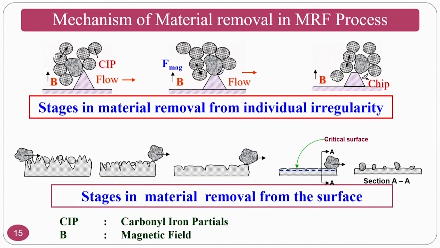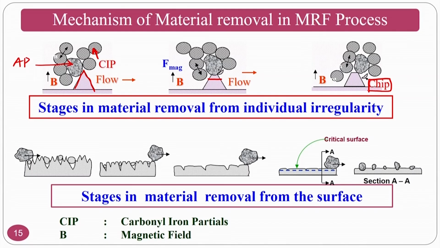You can see the mechanism of material removal in the MRF process, where this is the surface peak, this is the abrasive particle, and this is a CIP particle. These CIP particles form a chain, and this chain entraps the abrasive particle. That's why the abrasive particle gets some strength against the peak, and the peak is sheared